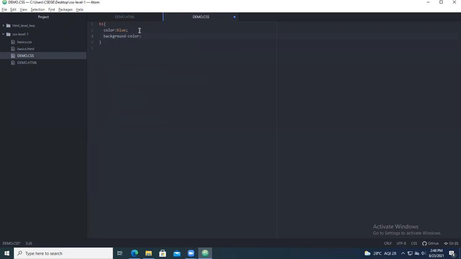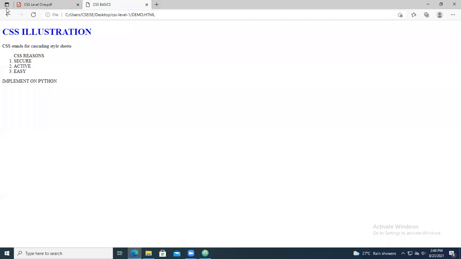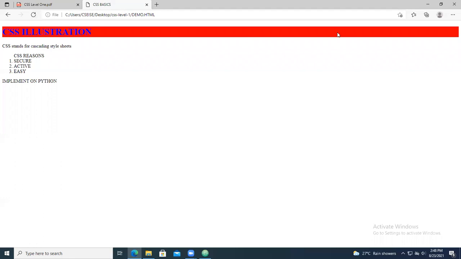In background color, if the text is blue, you give something called red. Okay. So I've given the value like this and go and execute. So here you are getting the background color. Understanding? When you run this, what is the text color? We have given blue. And what is the background color? We have taken it as red.